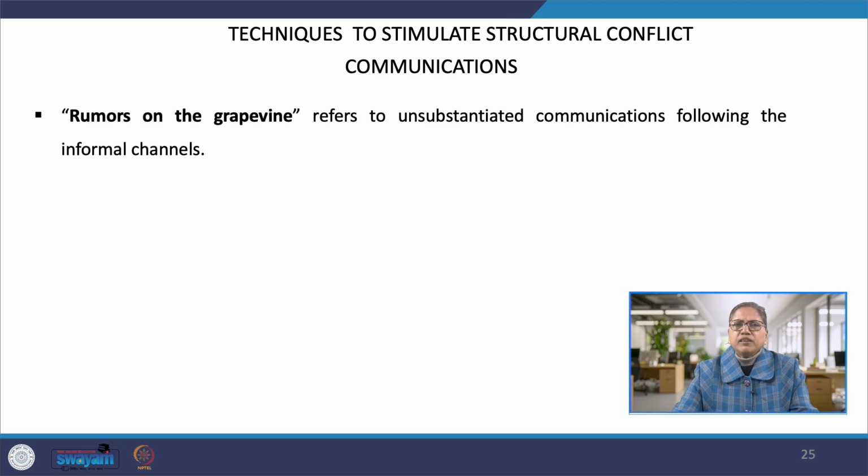So, rumors or grapevine refers to unsubstantiated communication flowing through the informal channels. This can purposefully manipulate, receive, and message contents to add, negate, and make ambiguous or unclear communications that can be carried by formal means. Like in the present example, if the VRS, voluntary retirement scheme, has to be implemented, management cannot forcefully do it because this will lead to likely resistance from employees. They select informal channels of communication to pass on the message to the intended audience, the employees, through rumors and grapevine.